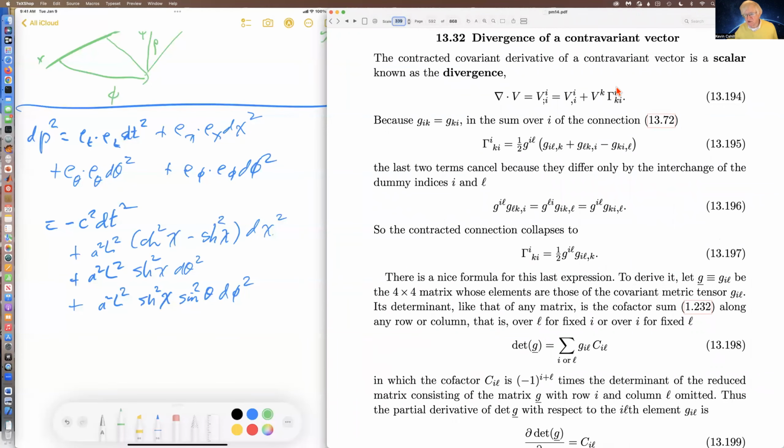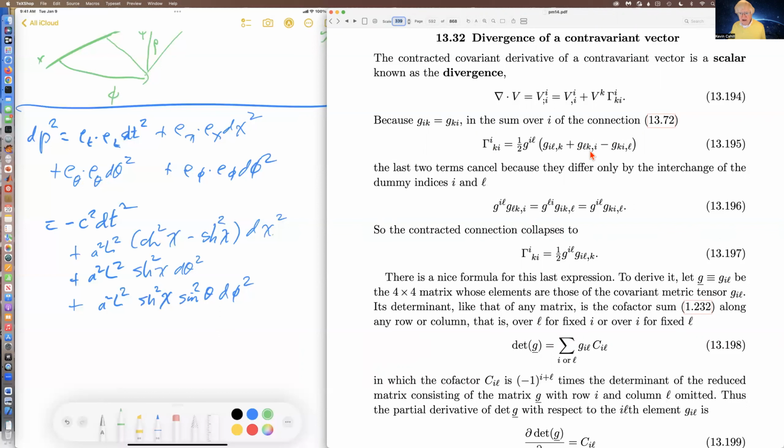And maybe it's worth mentioning them again. So the covariant divergence, well, you are just doing the covariant derivative of a contravariant vector, and what you do is you just have an index that you're summing over. It's the i's here, and so then you sum over i, but you also sum over k. But g is symmetric, and so this particular sum is simpler than one would think. Namely,